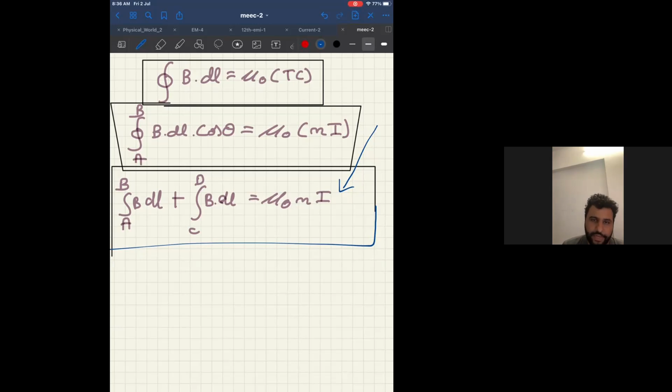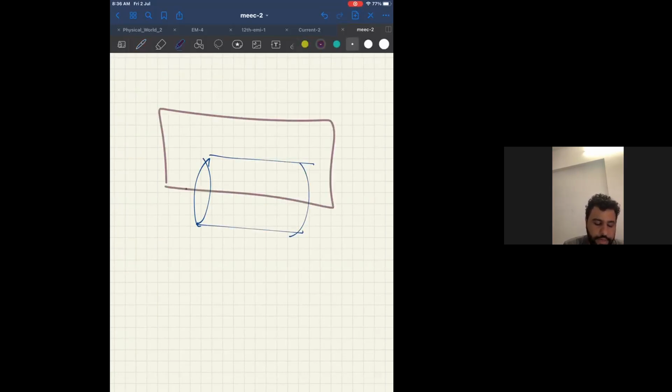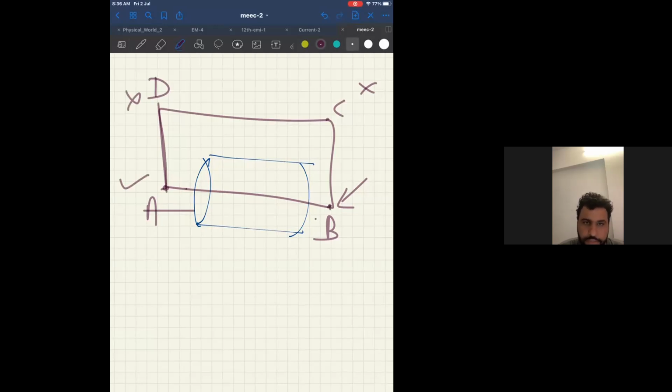For example, once look at the screen. If I have a solenoid, I'm just giving you one example, and I have A, B, C, D. Can I say A, B, both the points are a part of my axis? In BC, at least can I say B is a part of my axis, C is not a part of my axis? In AD, can I say A is a part of my axis, D is not a part of my axis? But DC, can I say both are not a part of my axis because they are outside the system itself? And do you also notice that DC is completely outside the solenoid?